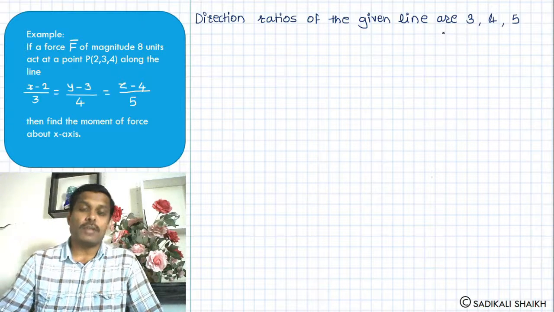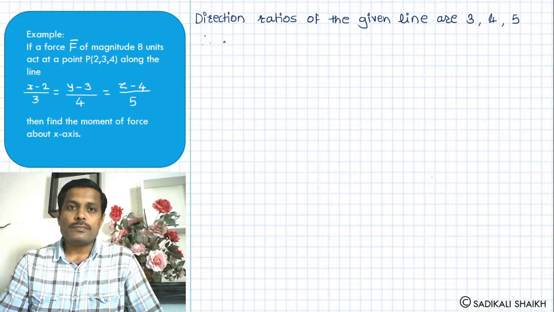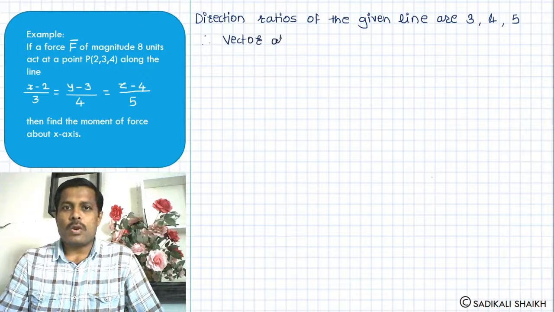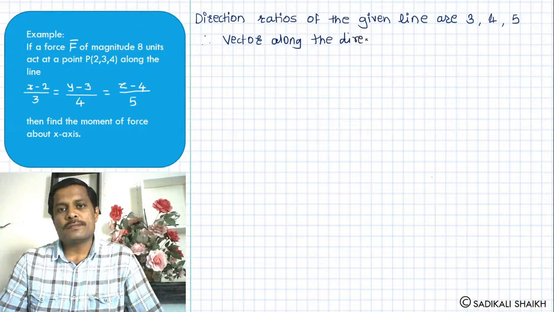These are the direction ratios of the line. Therefore, the vector along the direction of the line